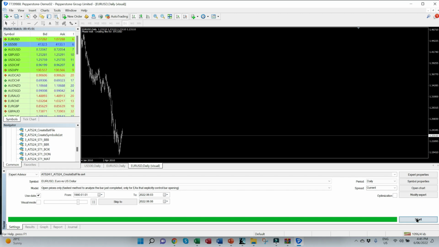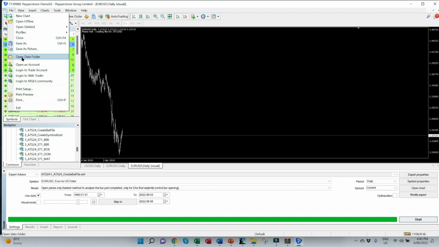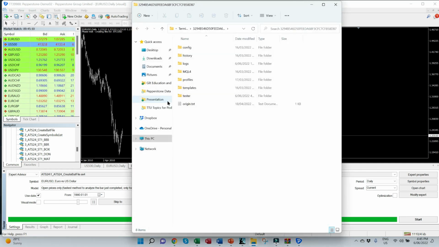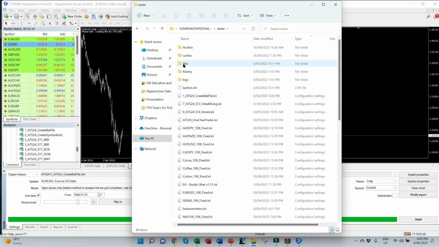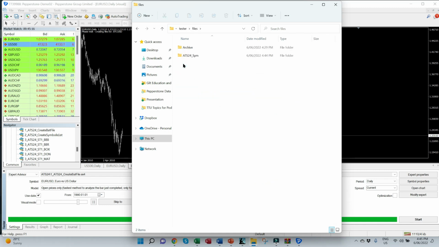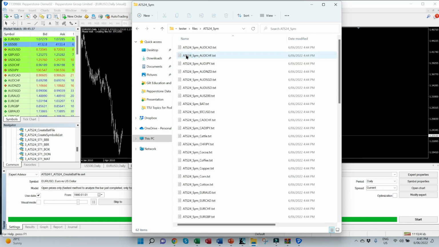that can be executed to then generate our symbol list. So to see where those bat files have been created, we've got to go to File, we've got to go to Open Data Folder, we've got to go to the Tester subdirectory, we've then got to go to the Files subdirectory. In here, we're going to see a folder called ATS24 Sim. That is a symbol directory which currently comprises a range of bat files which relate to the markets we've selected